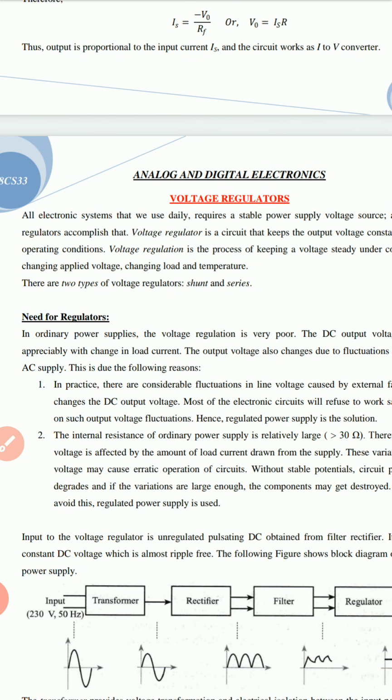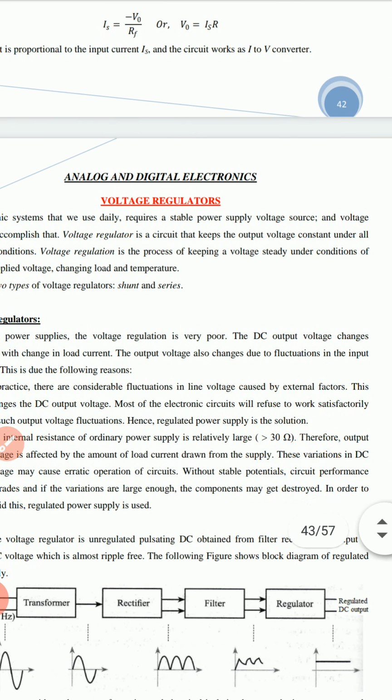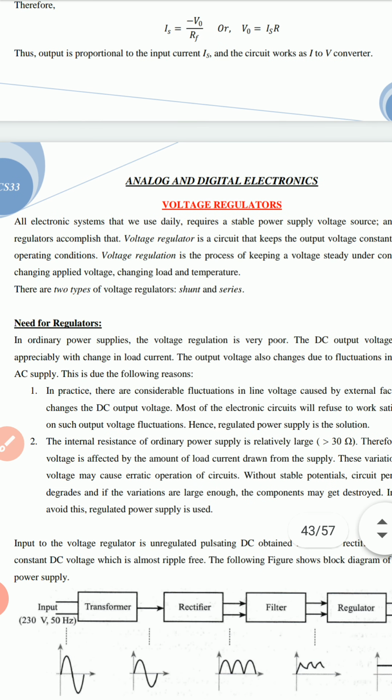All electronic systems that we use daily require a stable power supply, a voltage source, and voltage regulators accomplish this. A voltage regulator is a circuit that keeps the output voltage constant, right? For any power supply, just to maintain that power supply voltage, we need voltage regulators. For that reason, we are using them. The need for regulators, the first one, is